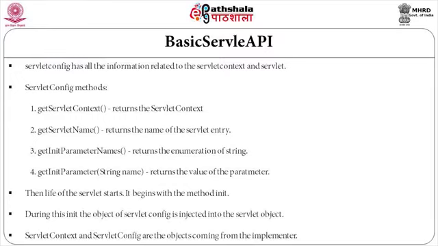So, we have servlet config. Next step, what exactly happens? Creation of servlet context for the application. For every servlet entry, a servlet config is created. Also, because there is a servlet entry where we have mentioned a servlet class, an object of the servlet is now also created. And then, as soon as a servlet object is created, the life cycle of the servlet starts. It begins with the method init, as we know from the life cycle methods.